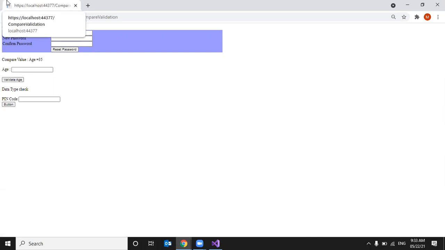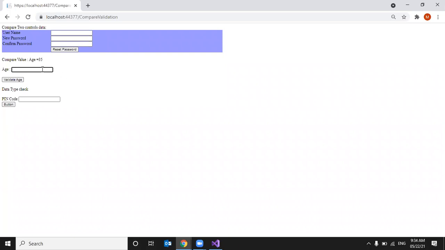It is getting submitted because the compare validator only validates the data if we enter it in the control. Otherwise, if it is empty, it won't check the validation. To avoid that, we have to use a required field validator. If the data is available in the control, then only it validates. Otherwise, it will submit. So that is one scenario.